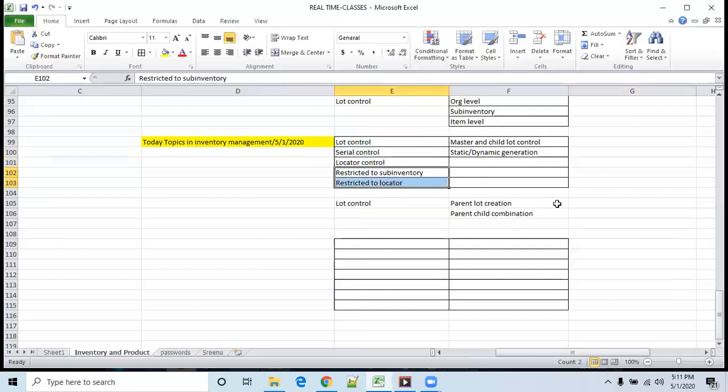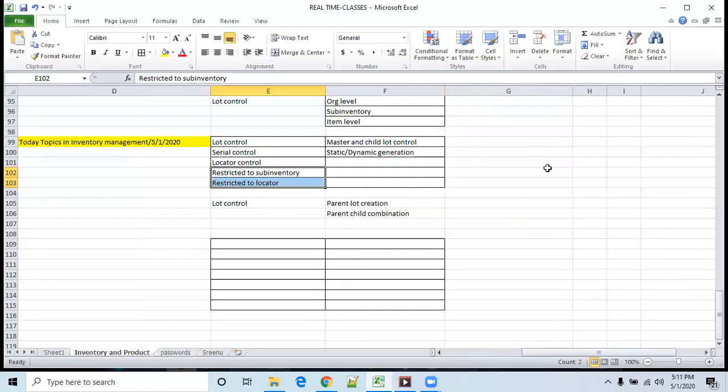This will be restrict to sub inventory and restrict to locator, applied when you receive the material. How I can explain this: for example, you are buying groceries. In the grocery material, some will be freezed materials, moistured materials, and some will be normal materials.